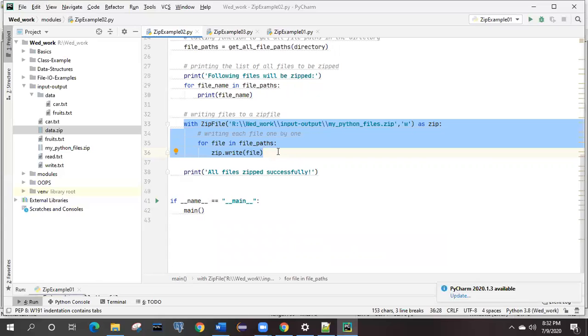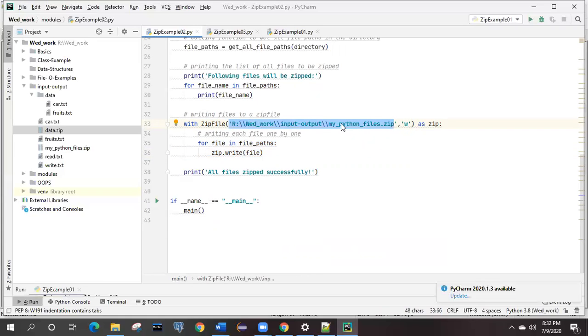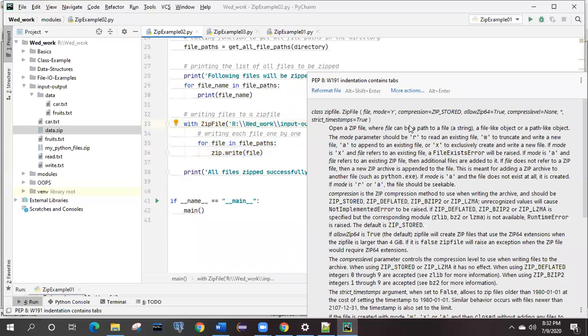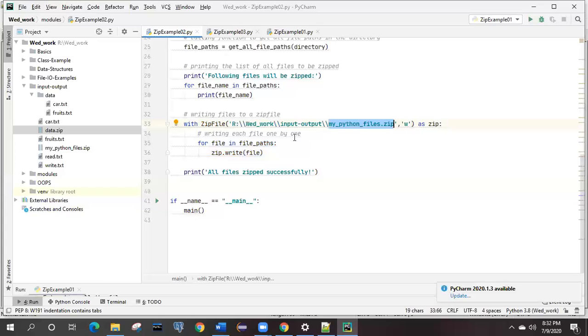Because in this example, what are we doing? We are not extracting, we are writing the files inside the zip file, right? So this is the basic example, like the previous thing you have seen, and here instead of taking one separate variable, we have given the link over here only, and that is now opened in write mode, if you see over here. And as long as there is any file present in that list file path, that is going to be written into this zip object. Okay, and finally this will be your zip content.